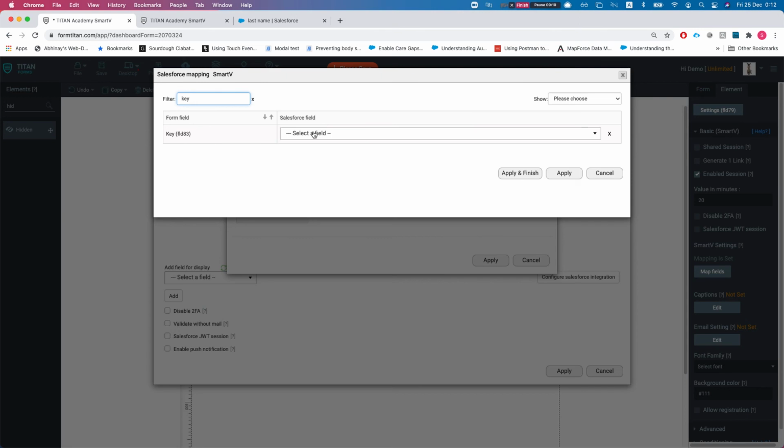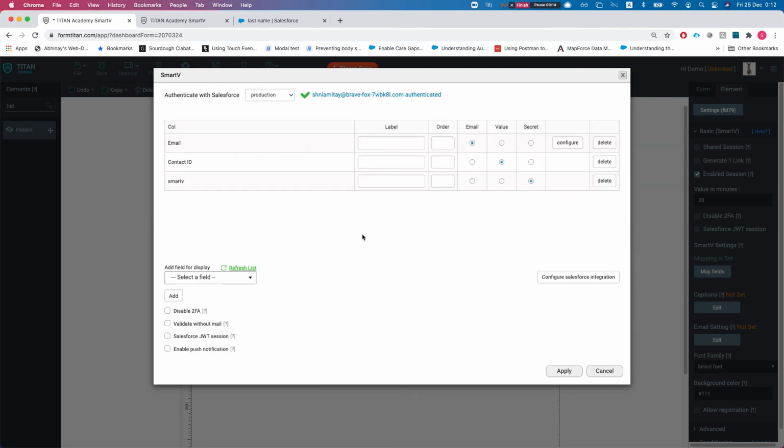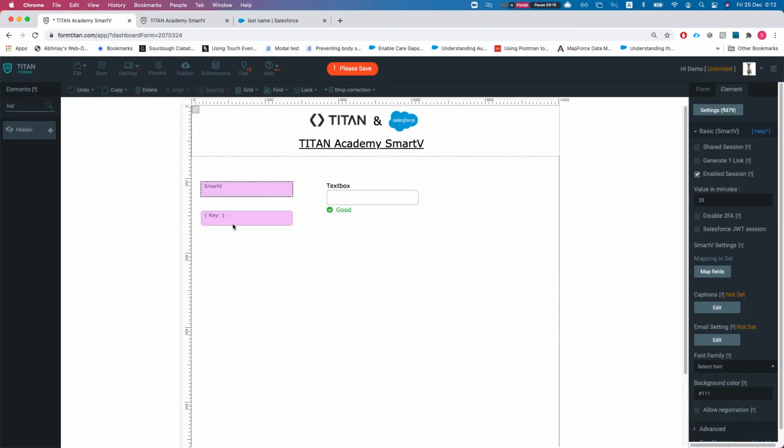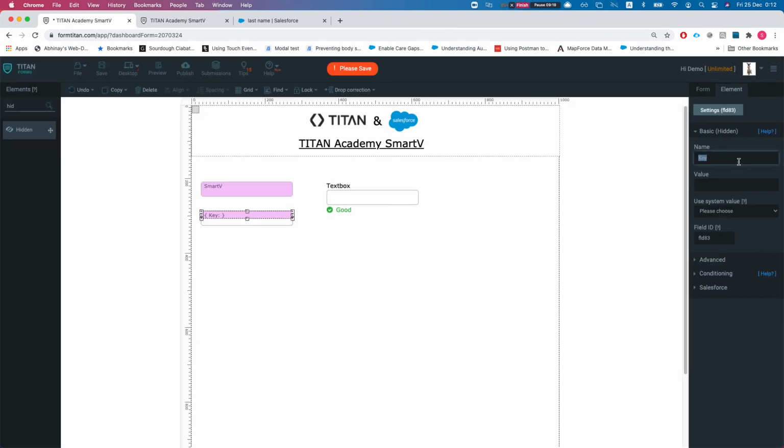I'll go back and name it. Right now it's named key, and I'll map it to the contact account ID, plan, finish, and apply. Let's rename this the CID from SmartV. That's great. Save it. Let's head back to our get,